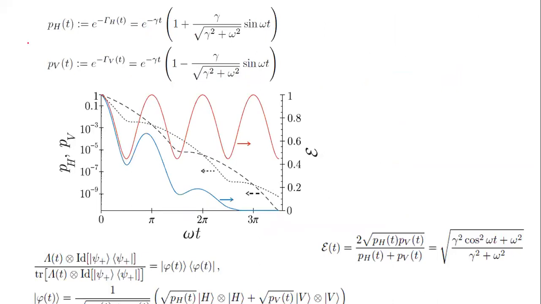So if we look at the exact form for probabilities to detect a photon after the action of the trace decreasing map, these probabilities will monotonically decrease. So they are described by the two curves here. You see the dashed line, black one, and the dotted line here are exactly the probabilities to detect the photon, and they monotonically decrease. However, if we consider the normalized state, so the state the authors used in the paper,